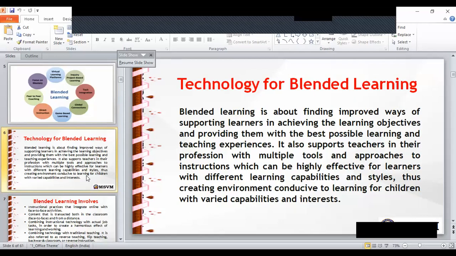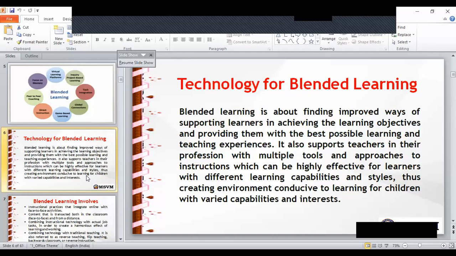So for the online driver model, under this model of blended learning, the entire teaching and learning takes place through the online platform. Teachers are available to assist the learners, but that too online. This model gives total freedom and flexibility to the learners to learn as per their own time and schedule.